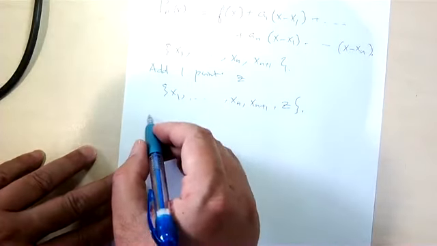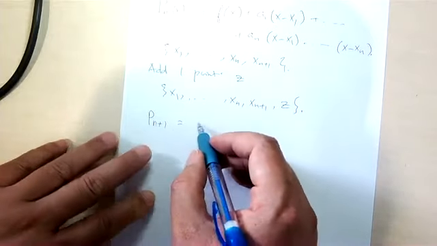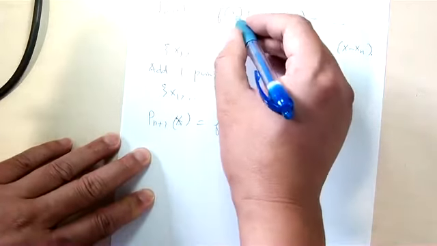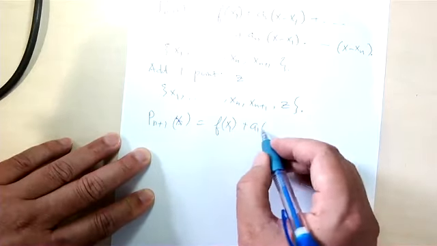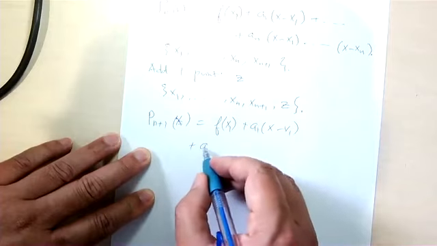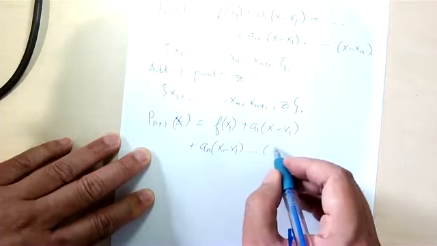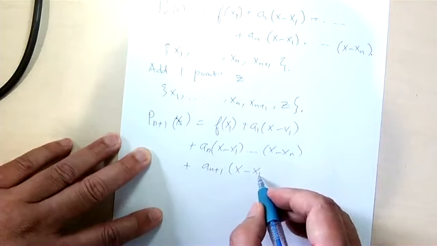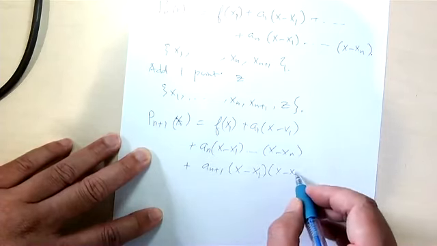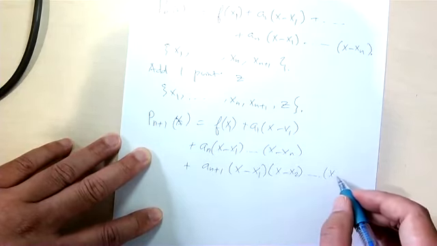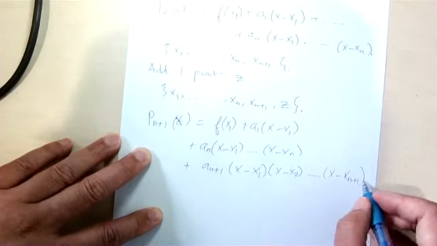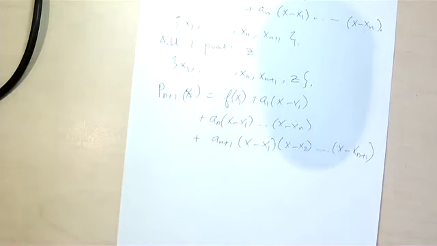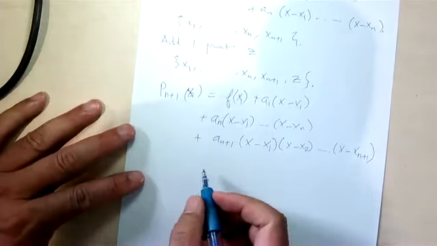So my new interpolation Pn plus 1 will equal f(x1), yeah, plus a1(x minus x1) up to an(x minus x1)...(x minus xn), and plus an plus 1(x minus x1)(x minus x2) up to (x minus xn plus 1), yeah, because the point z doesn't come into the polynomials. Okay, so agree, yeah? And now,